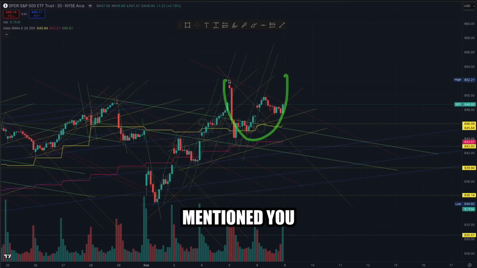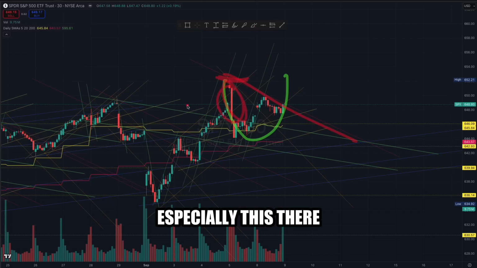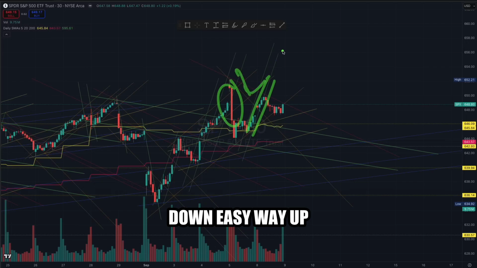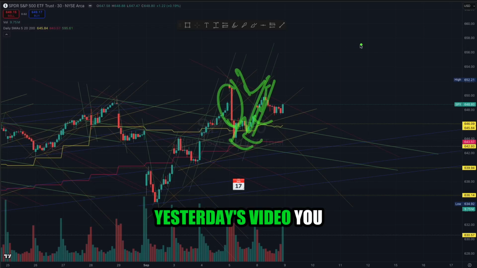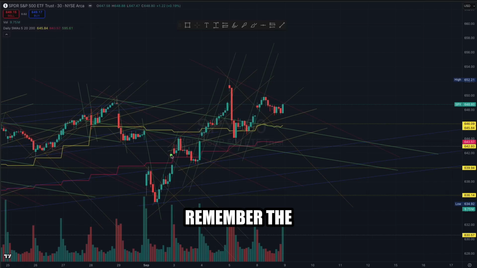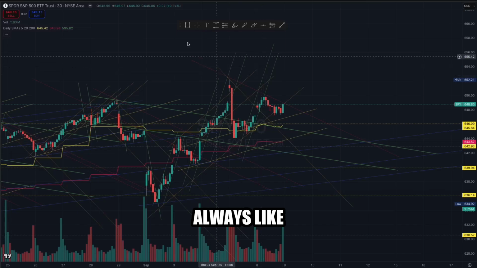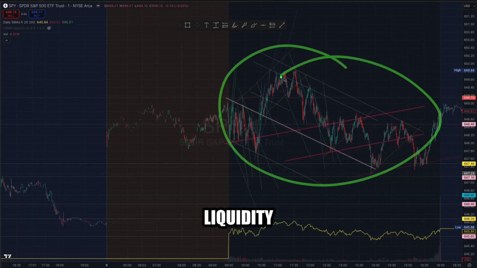As I always mentioned, you will always find a clear entry once we soak up all the sellers here, right? Especially this. There are still sellers there. You just have to be more careful. And remember, easy way down, easy way up. If you understand this, understanding using the structure to guide you, right? I talked about this in yesterday's video. You have to watch it and remember the key levels that I talked about in yesterday's video. Now, Monday is always like that. They're always building liquidity to